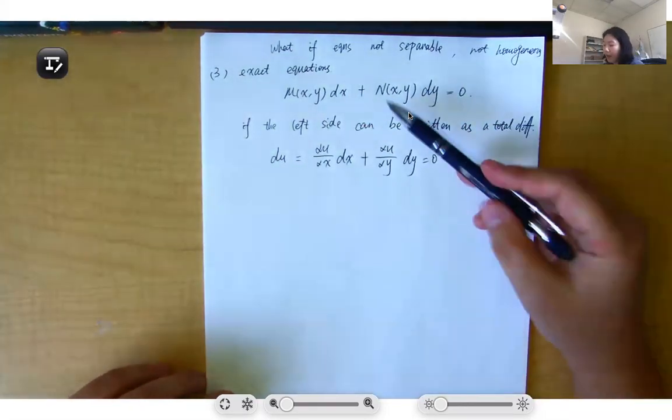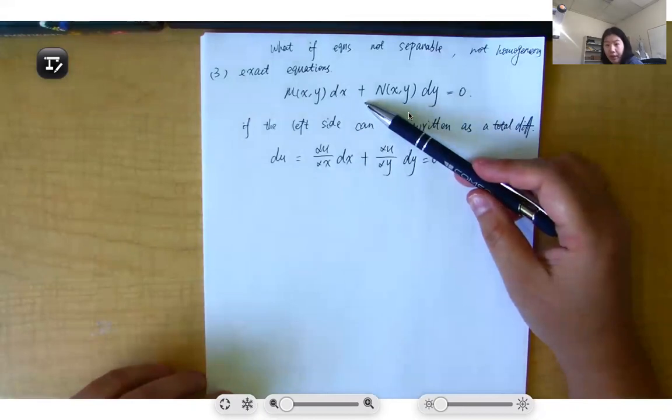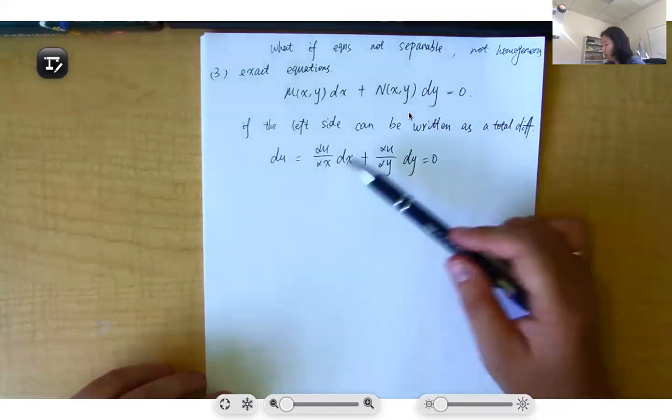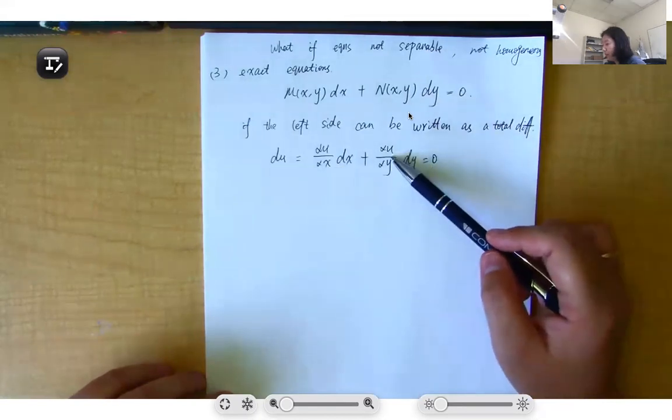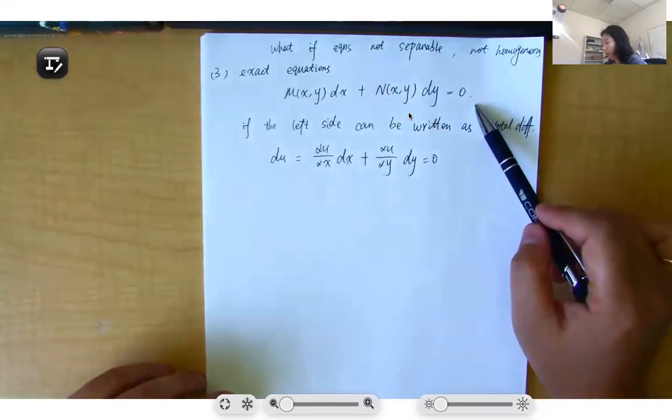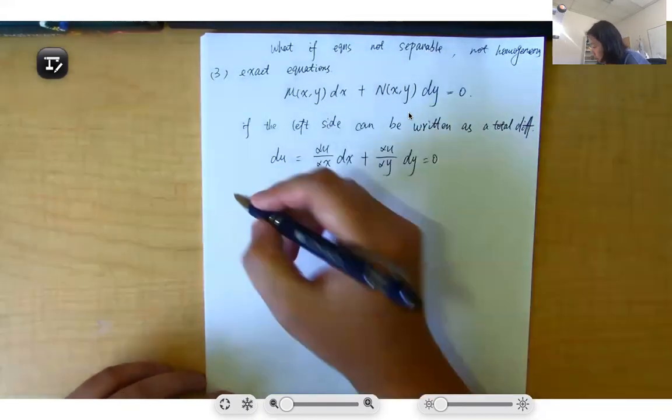So if M dx plus N dy equals ∂u/∂x dx plus ∂u/∂y dy, then we say this ordinary differential equation is an exact equation, which means